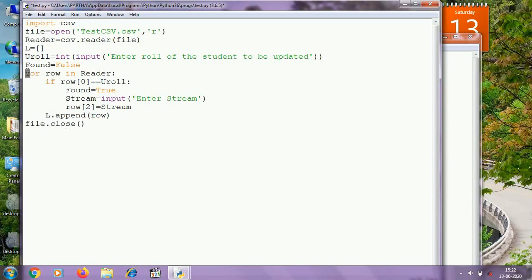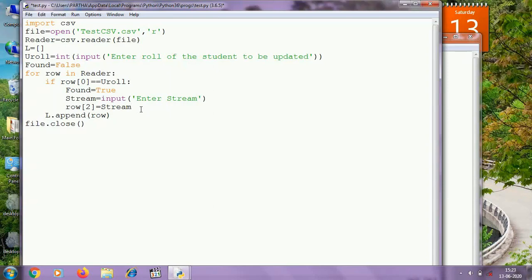So here I am iterating over the reader object to fetch the records from the file, and here I am checking whether the roll number of the record is equivalent to uroll or not. If we found that record, that means the condition will be true, so I need to change the value of the variable found equal to true. Here I am collecting the stream, that is new stream from the user, and here I am changing the stream of the student.